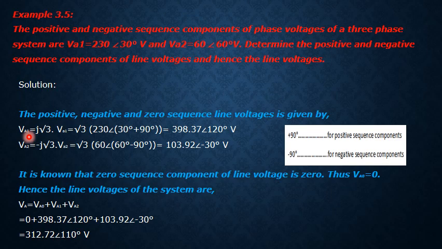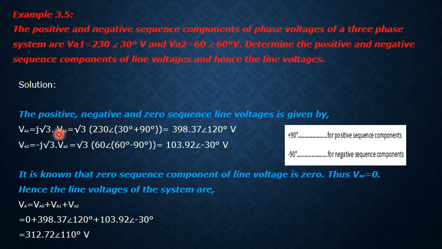So similarly we are going to consider that. First, convert all the line voltages in terms of phase voltages. VA1 represents what? The line voltage for the positive sequence, which is equal to root 3 times V small a1. So small a1 is nothing but the phase voltage of the positive sequence component, which is already given in our problem statement.